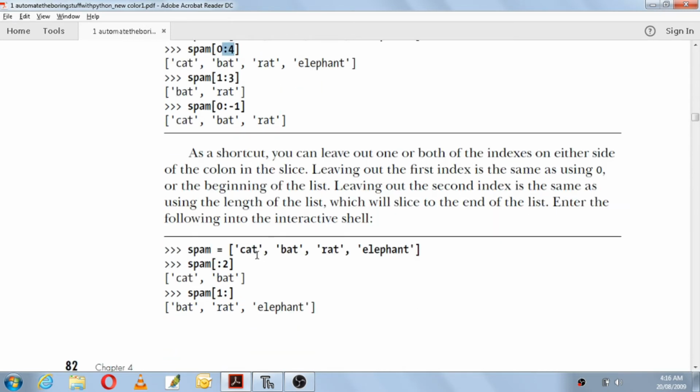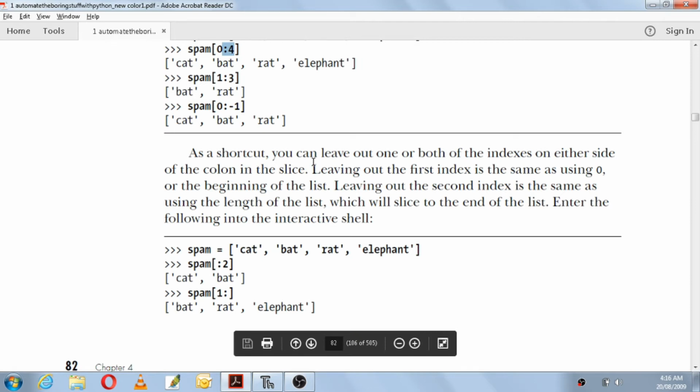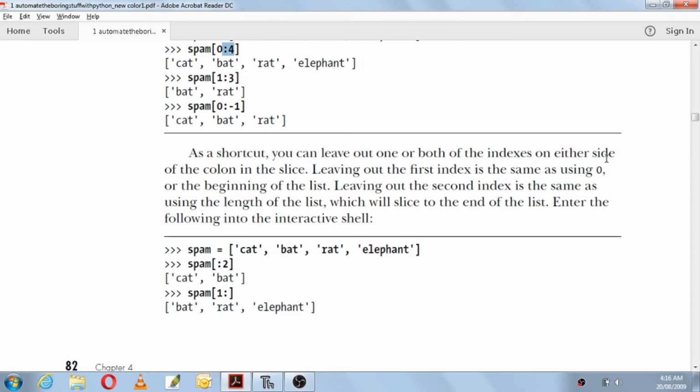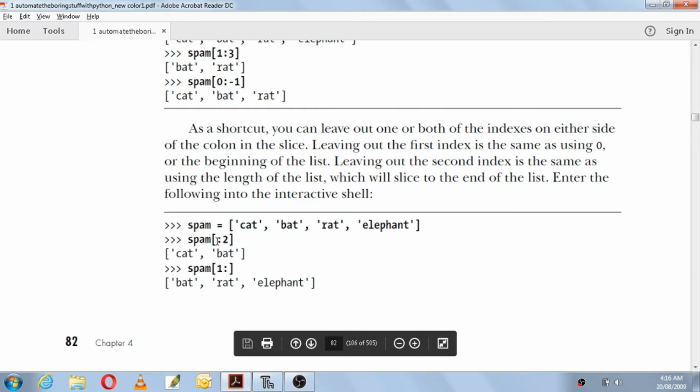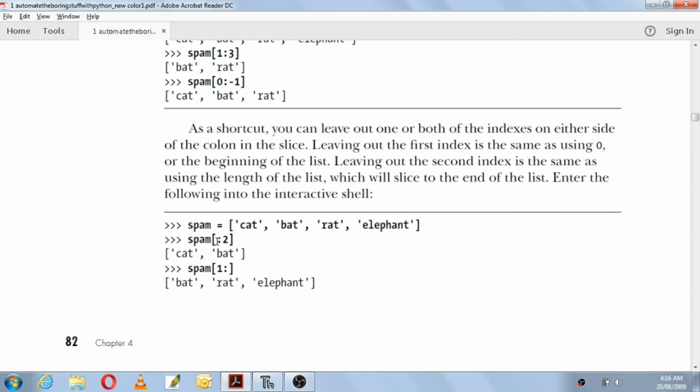Next, here they have shown that as a shortcut you can leave out one or both of the indexes on either side of the colon in the slice. So you can leave out the starting index or the end index. Here the starting index is not given, so up to 2 means it will include 0 and 1.